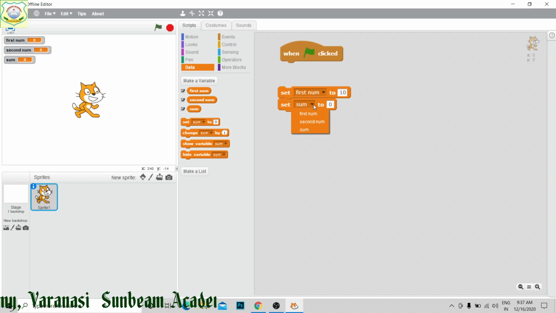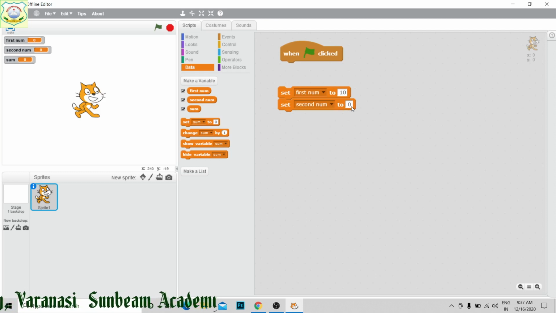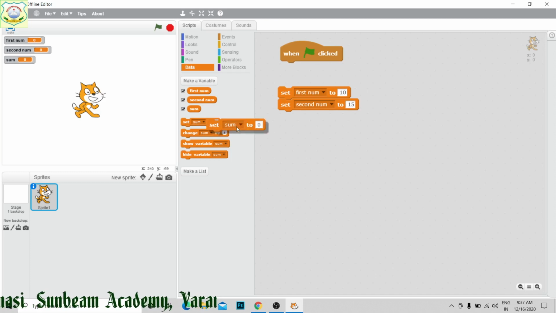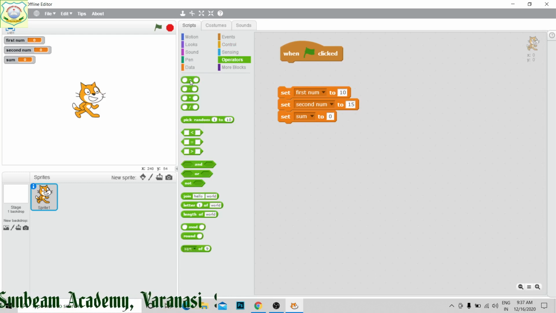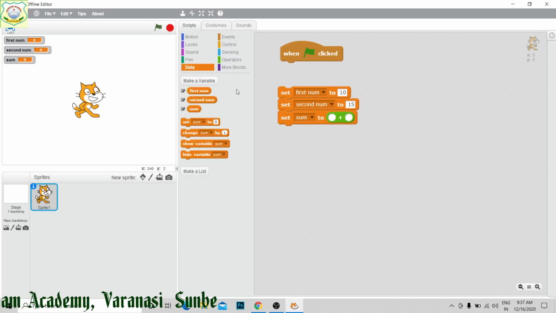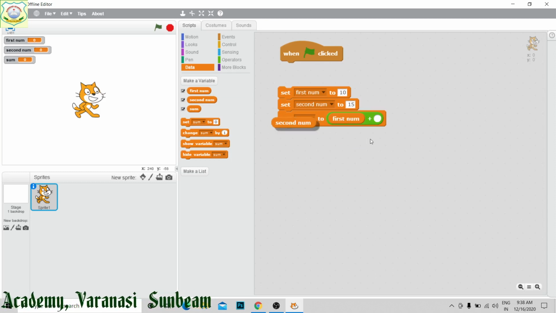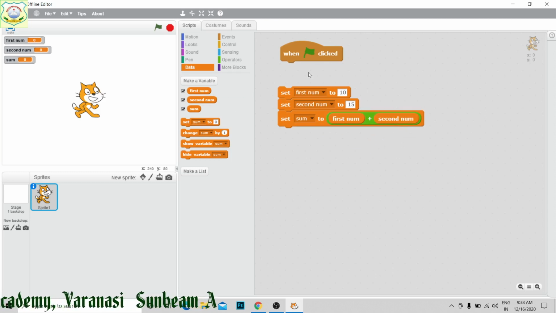Then second variable, the second number, its value suppose 15. Now we have to get the sum of these two variables. So I am going to use set sum to, then from the operator I am going to take this one. Now into this we have to add first number and second number. So first variable I have taken and put here, and second variable I have taken and put here.